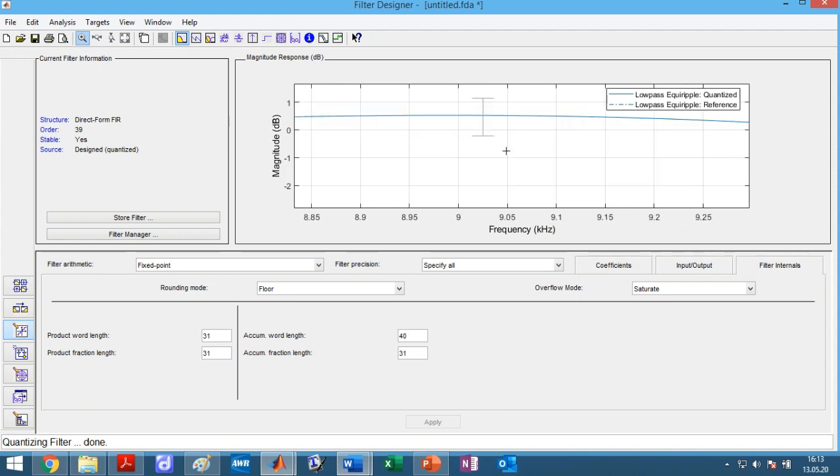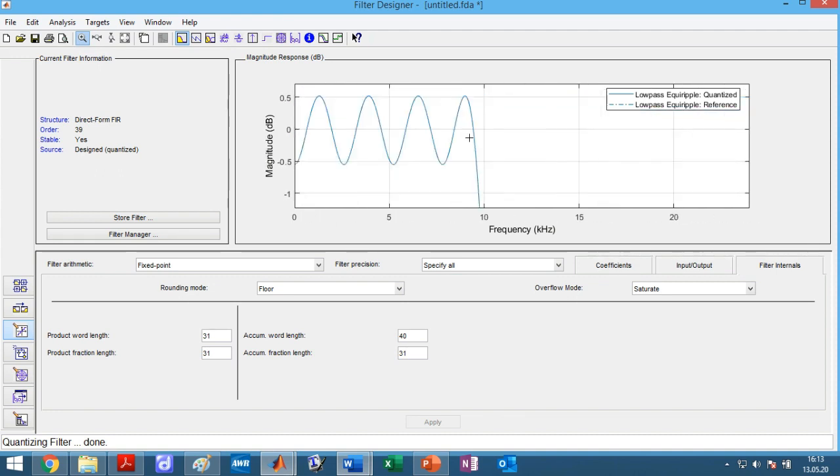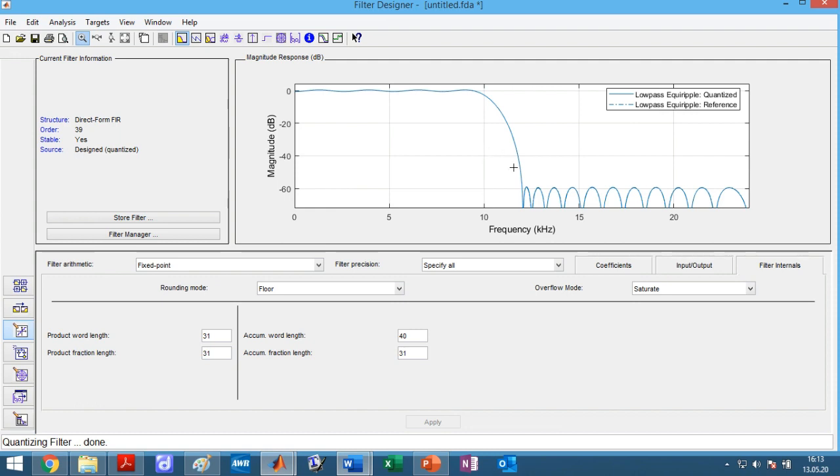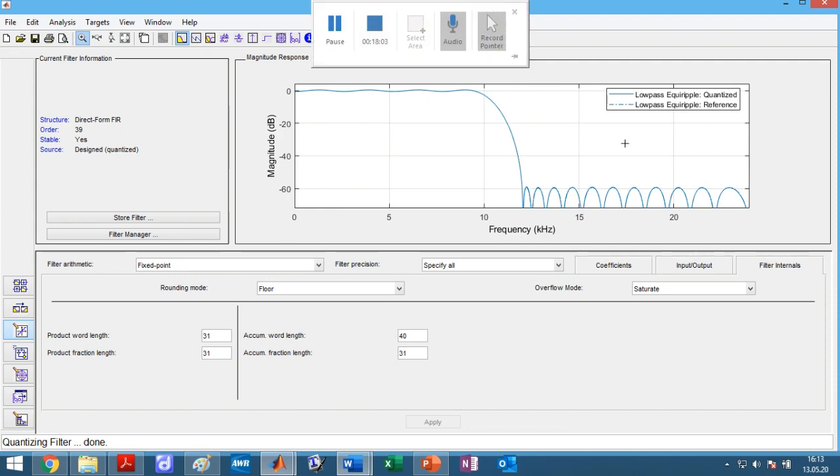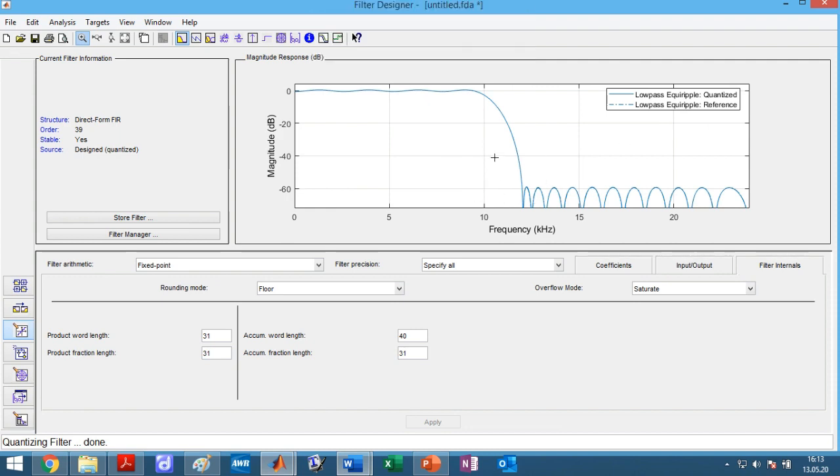So the two designs match each other quite nicely here, and because of this we have a filter now that has been designed both using unquantized and quantized coefficients, and particularly for this quantized filter, now we select targets and will generate the HDL code. So we select the command generate HDL, and it will generate